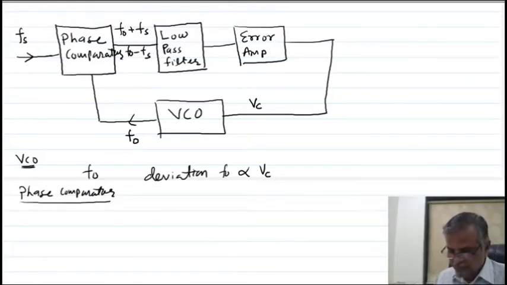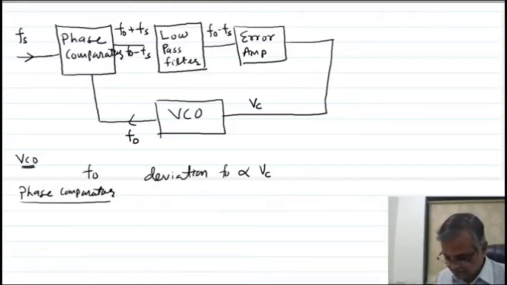So the phase comparator compares the phase and frequency of the incoming frequency Fs and the frequency FO of the VCO. As a result, the sum and difference of the frequencies are produced. Already I told you this is one kind of multiplier. With the help of the low pass filter, the high frequency component is removed. So we will get the signal having beat frequency FO minus Fs,